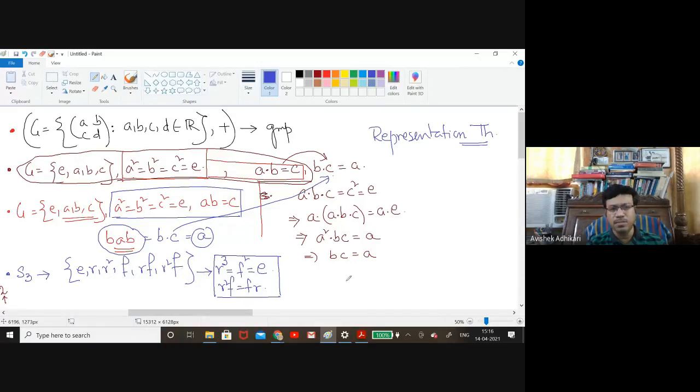That means suppose I give you something like R cube F into R F square into say whatever F to the power 14 into R. Then also you will be able to reduce it using this representation. So only 6 elements will be sufficient to represent any complicated looking term obtained by multiplication or composition of these 6 elements. So that's why they are very important.